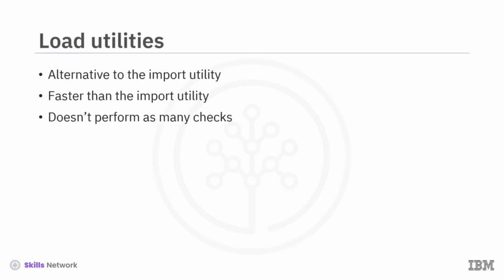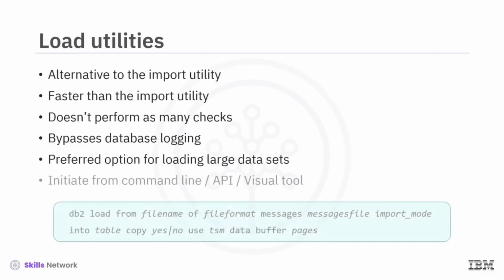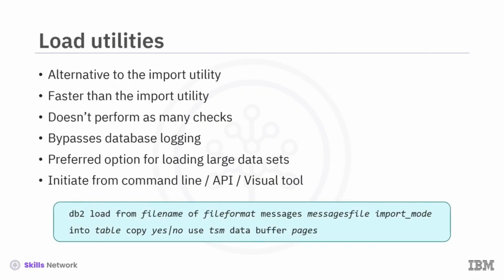The load utilities may also bypass database logging, which also helps with higher performance. While import may work well for smaller tables, the load utilities are preferred for large volumes of data. You can activate the DB2 import utility from the command line, call its API through an application, or use visual